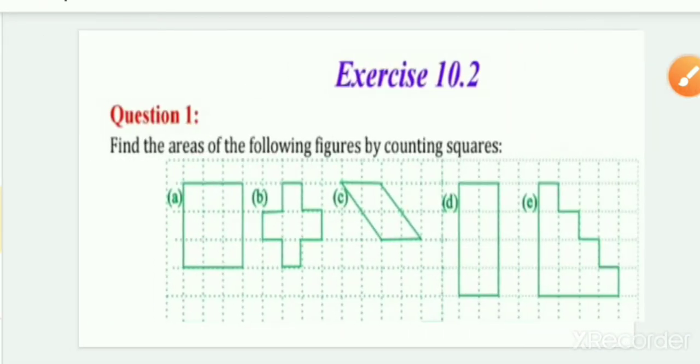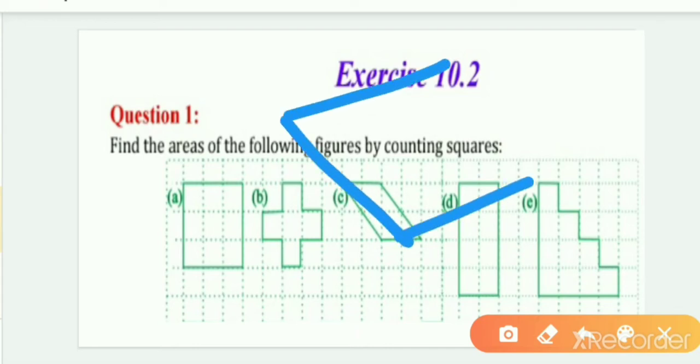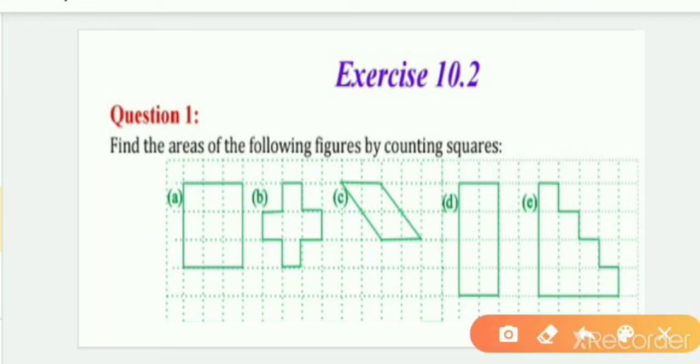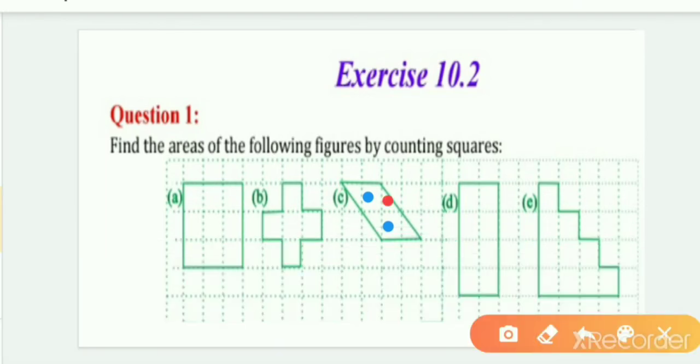Now coming to the third one, you have to observe the squares. It is this type of shape. But you can see here we have only 2 fully filled squares, this one and this one. But now we will count the half squares. See, this is a half square, this is a half square, this is a half square, this is a half square. How many half filled squares are here? 4 half filled squares. You can observe it very clearly.